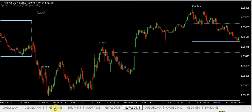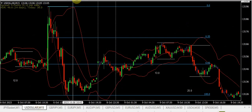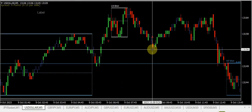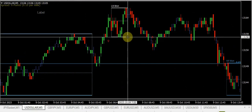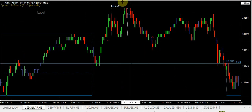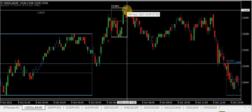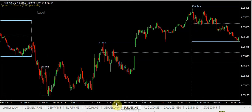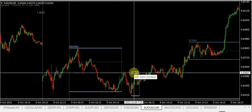So let's recap. Number one, our primary signal comes with a close below the opening range during the London session. Okay, so we see that. Number two, this price action up here was going into a premium fair value gap. Number three, we look at our options, and I didn't look at the Aussie, but